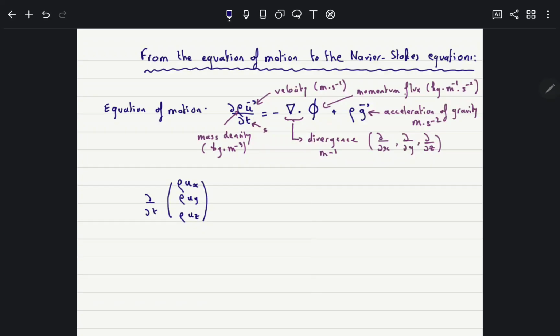That's rho times our velocity vector equals to the negative of the dot product of the nabla operator, so the divergence basically of